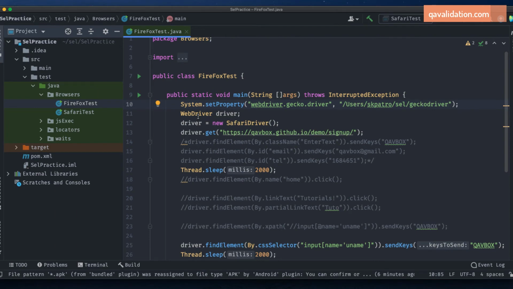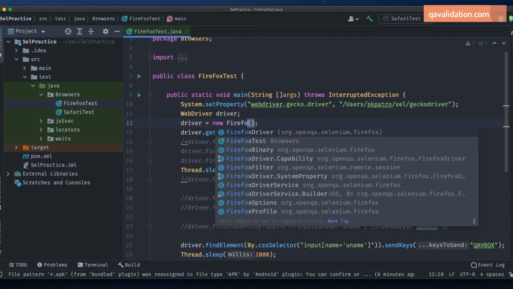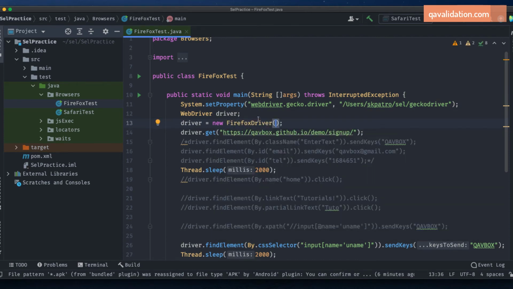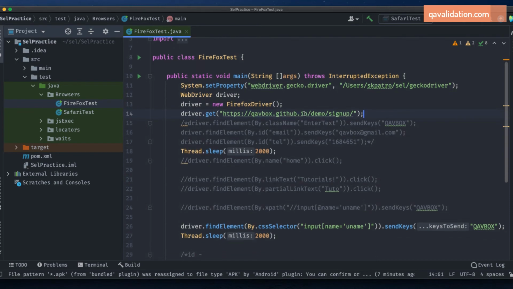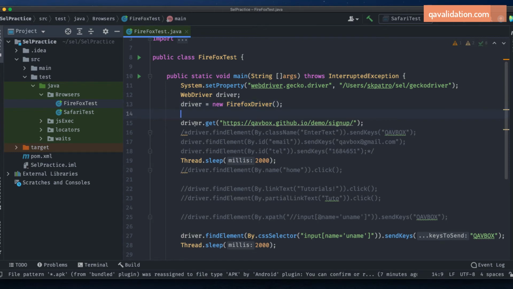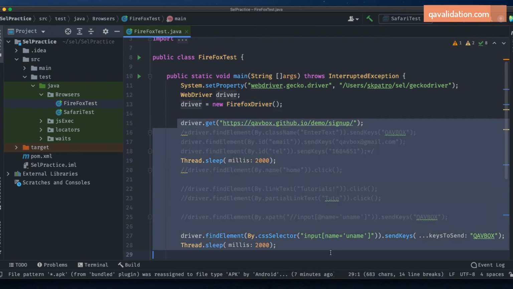Fine. Okay. So WebDriver driver, and here you need to use Firefox driver. The class is FirefoxDriver, but the browser driver is Gecko driver. This is the difference you need to remember. And as I always used to tell, your System.setProperty and creating the driver object only vary when you go from one browser to another browser. The rest of the execution should not change, whatever you are doing.